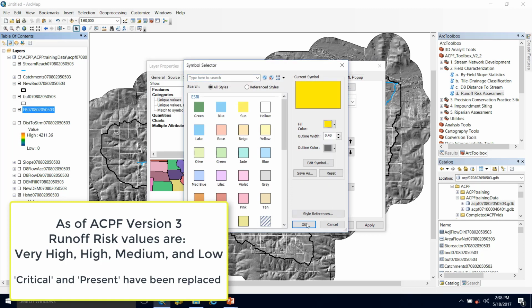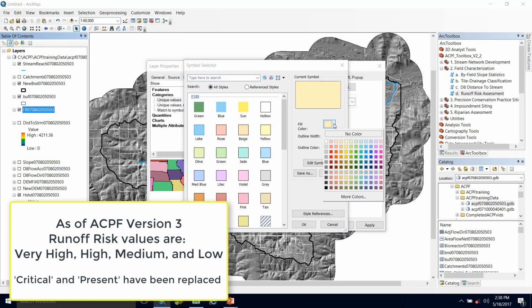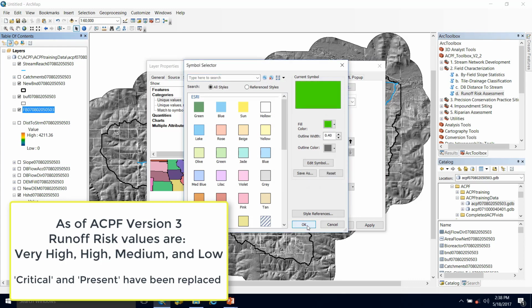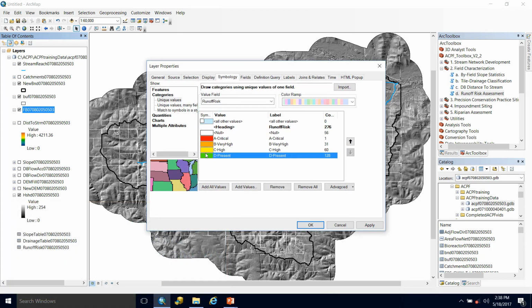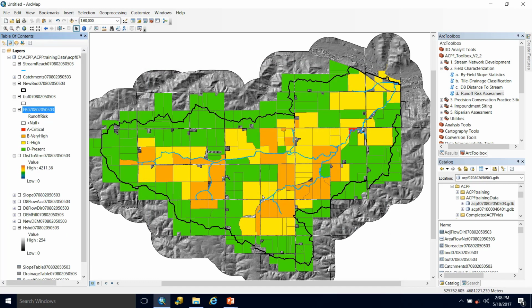And then we have this final field, present. That's because runoff is always going to be occurring in a field, no matter how small the value is. We don't want to say that no runoff is ever occurring. So we have this, all values now coded. I hit apply, okay. And now we can see across our watershed what fields are at more risk than others. And it makes sense when we initially are looking around that the fields closest to the stream tend to be at higher risk for runoff.